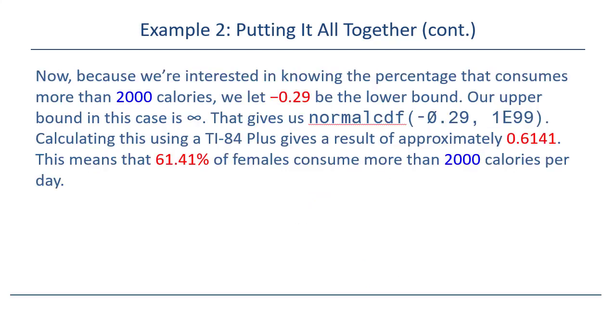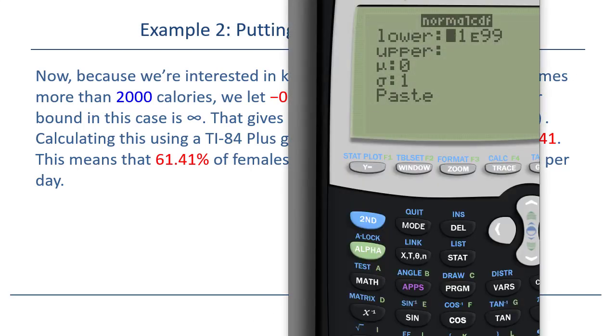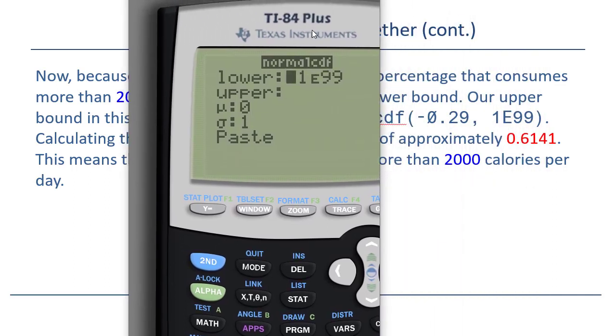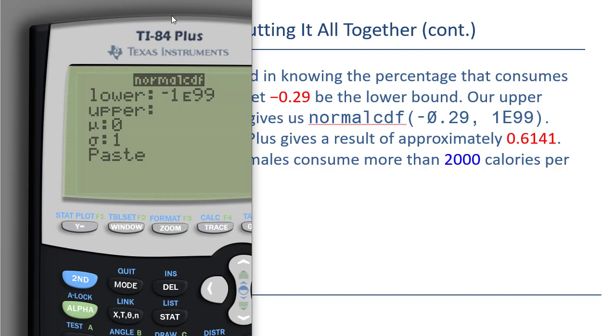Well, different forms of technology will give you this. If you use the TI calculator, it's pretty simple. You can do the normal CDF function. What the normal CDF function does is it's a cumulative density function. That's what the C and the D stand for, cumulative density. So it adds up the area from the low end to the high end. So if you want to know how much is above negative 0.29, you need to make that your low end, right? So you've got to put in